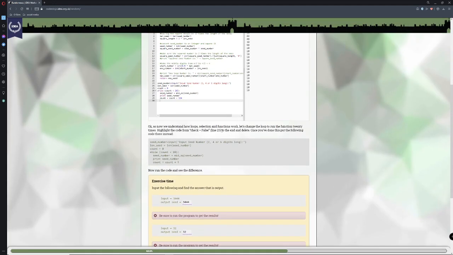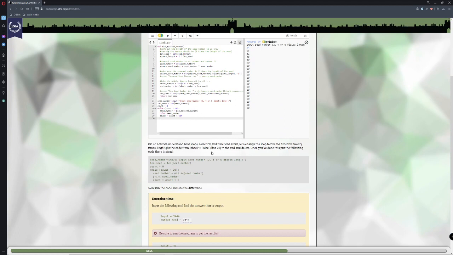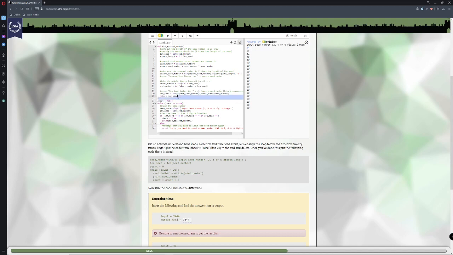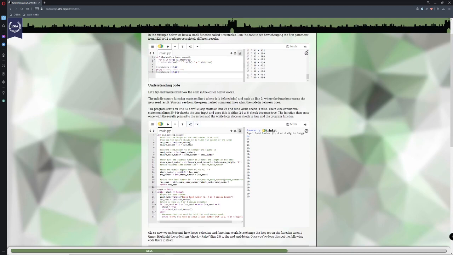Okay, so it is wrong. So then I've missed something out. What have I missed out then? Obviously missed something out, so let's go back and see if I've missed something important. What line did it say? Line 23. So yeah, line 23 is here. Yeah, it's definitely line 23.